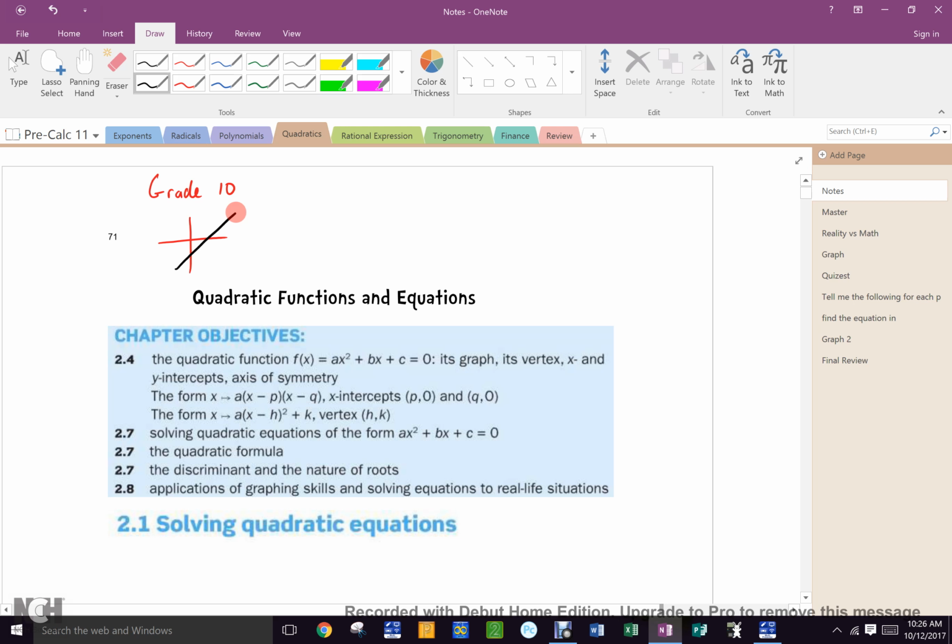Grade 10, you graphed straight lines all over the place. Yes? Positive slopes, negative slopes, zero slopes, undefined slopes, point slope form, general form, slope intercept form, T-charts, tables of values, independent variable, dependent variable, distance versus time, all kinds of stuff, yeah? In grade 11,